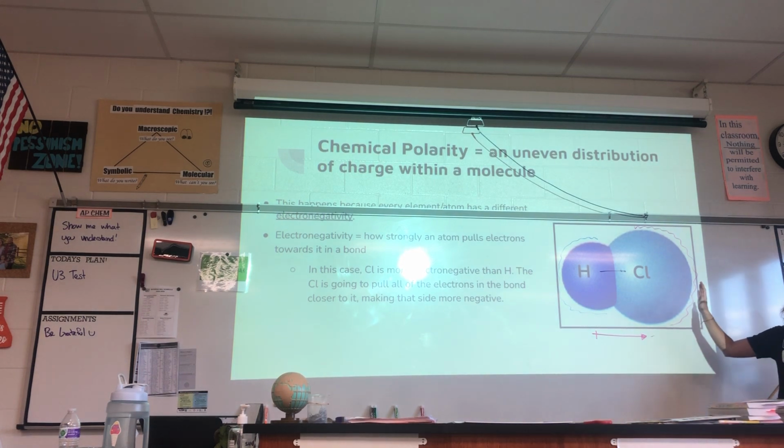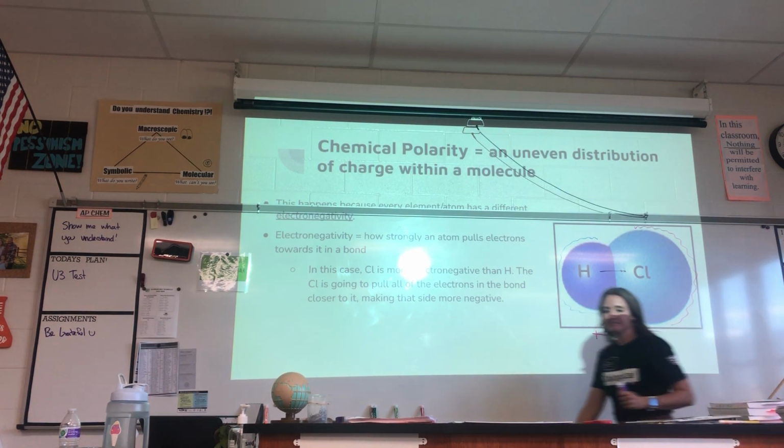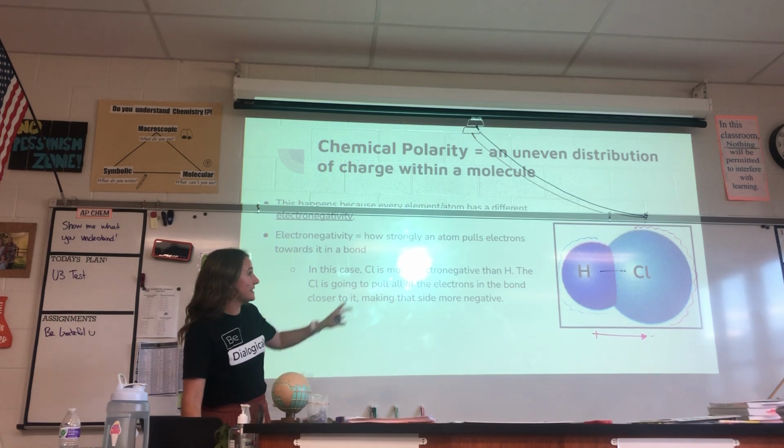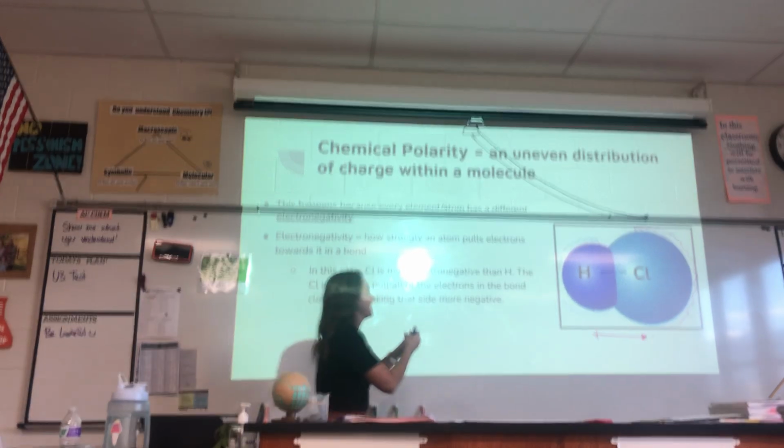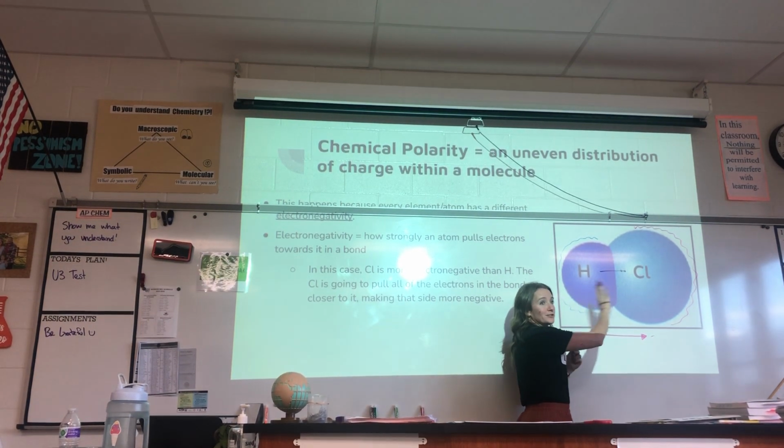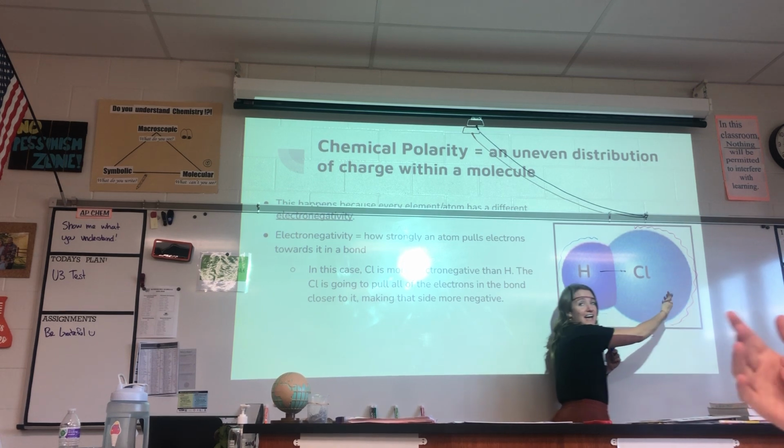Okay, everyone have that drawn? Okay, come to the next one. So that's a polar molecule. So maybe write that in black. Polar molecules are going to have one negative side and one